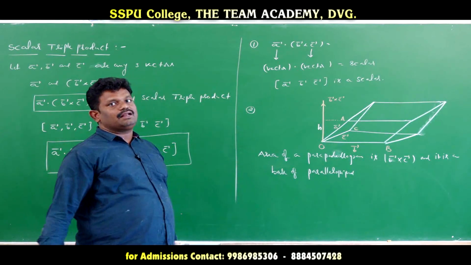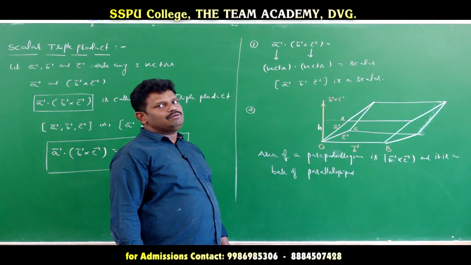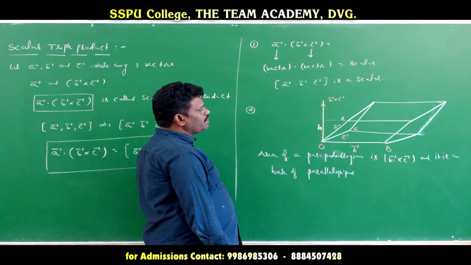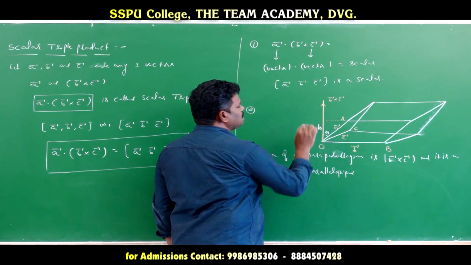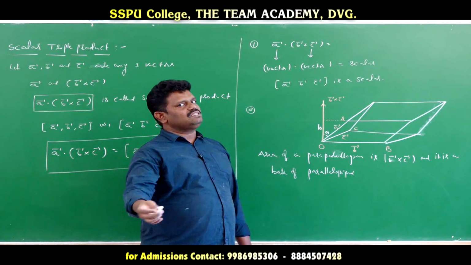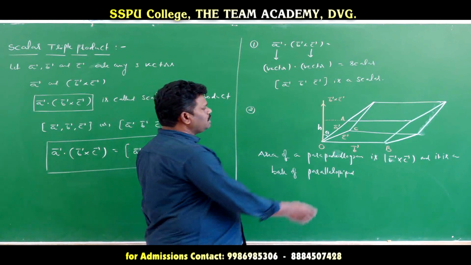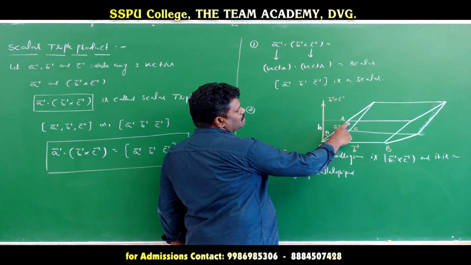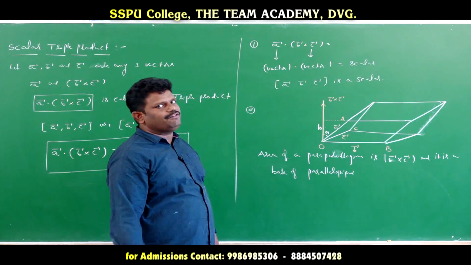Now what we require here is the height. Since we already have length and breadth, for the volume we need the height. How to find it? There are two ways. If you consider the angle theta between the A vector and the B bar cross C bar vector, then applying the cos theta formula gives it. Otherwise, you can take the projection of the A vector along the B bar cross C bar, and then find the height.